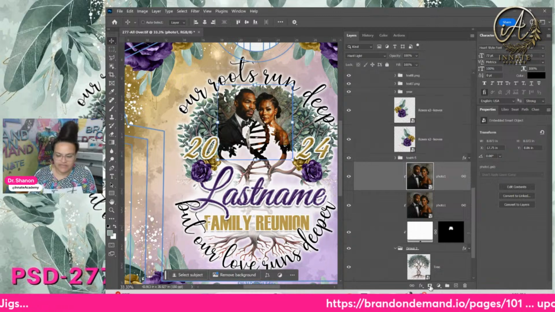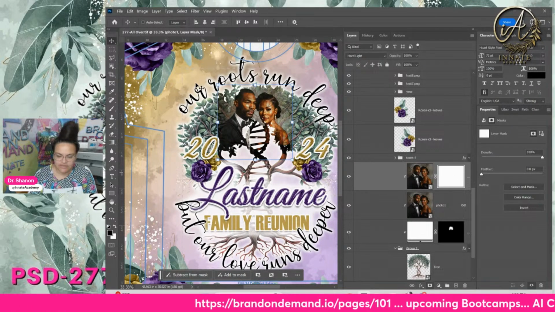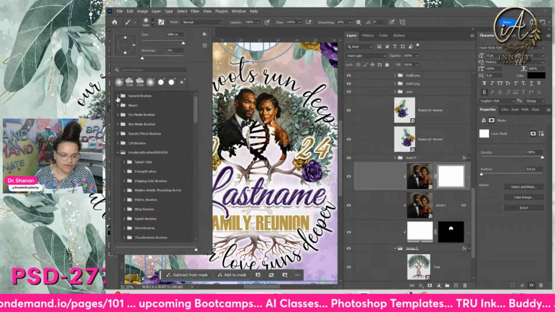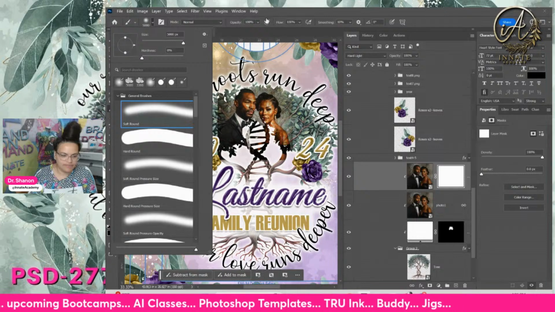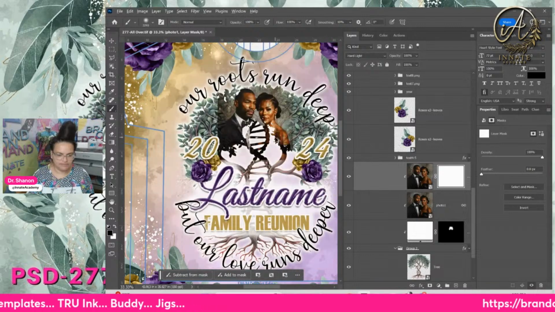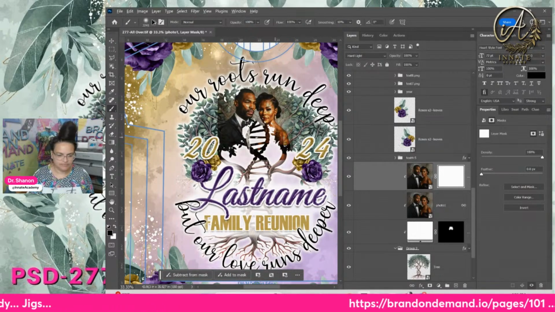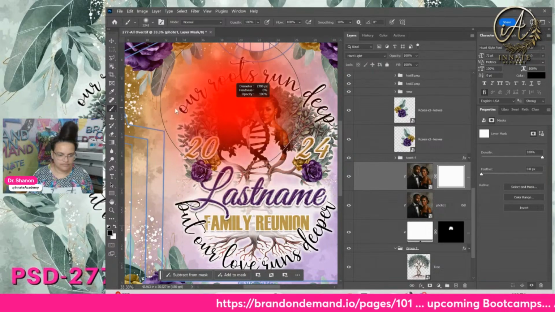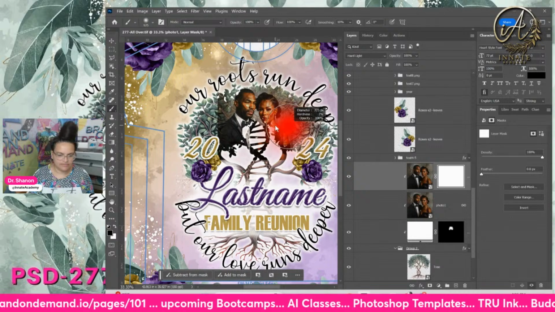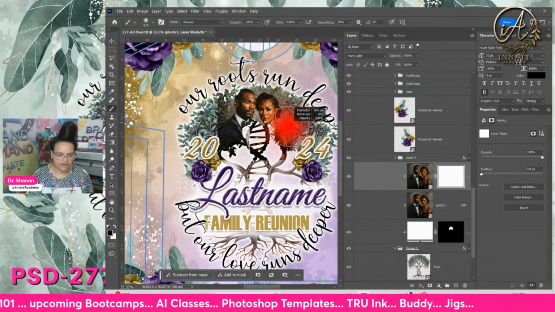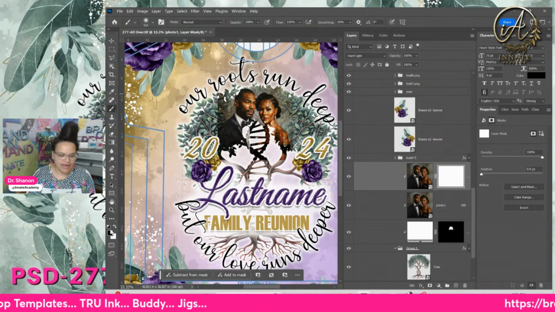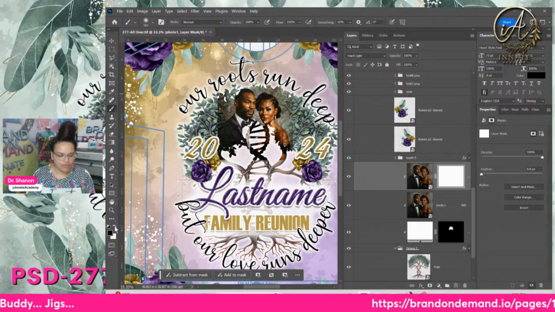So what I want to teach you here is a simple trick to add a layer mask. Grab your paintbrush tool here, and we're going to make sure that we just have a soft brush selected from your general brushes here. And the brush size here, let me pull it down. Should be about 800. I'll tell you what, we'll go down to 600 for this one because it's a little bit smaller than my normal photo area. As long as you have the default color selected here, bring the black to the foreground,